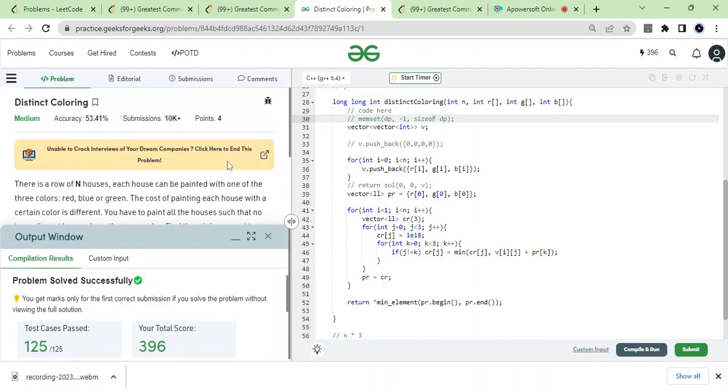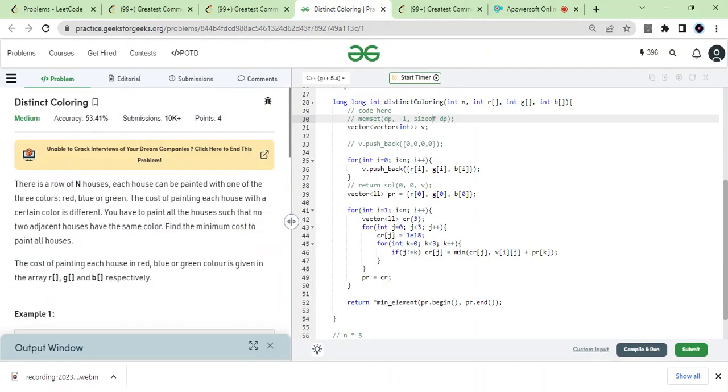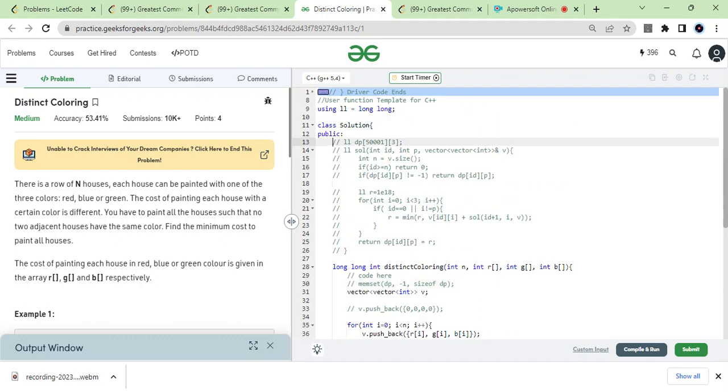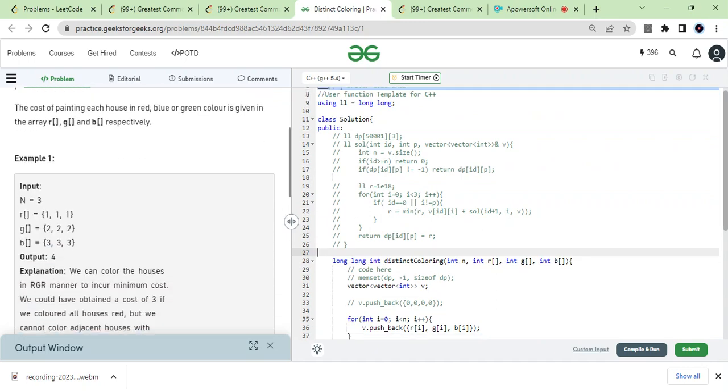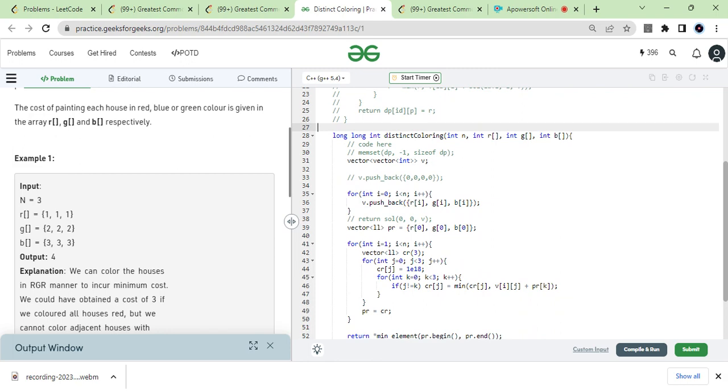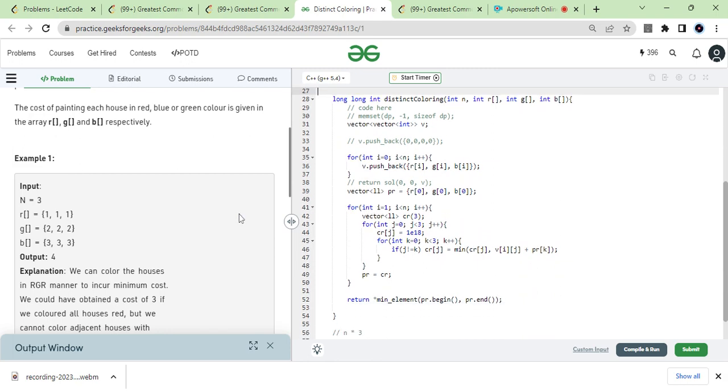ओके गाइस, सो नाउ देख रहे हैं अभी ये जो टुडेज जीएफजी प्रॉब्लम ऑफ द डे है, डिस्टिंक्ट कलरिंग, डेट इज 1/2/23। इसमें वेरिएशन लाइक अभी हमने करा इसे मेमोराइजेशन से, रिकर्सिव सॉल्यूशन बाय विजुअलाइजिंग द स्टेट्स एंड देन यू नो मेमोराइजिंग द आंसर इनटू डीपी टेबल।